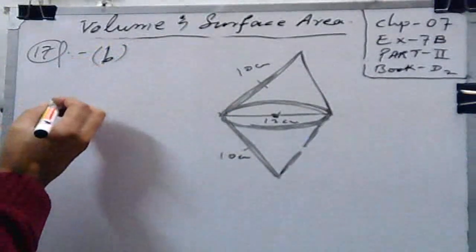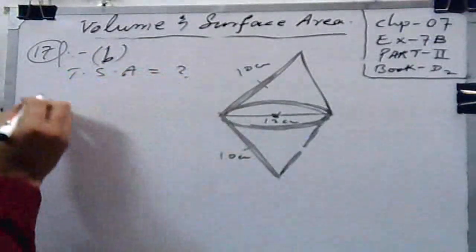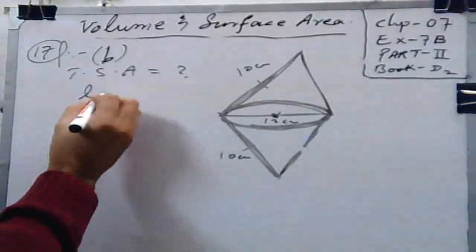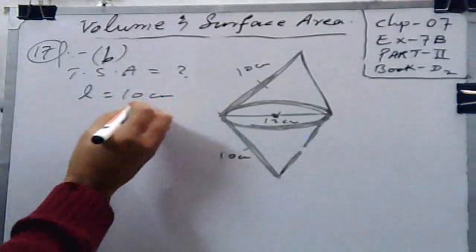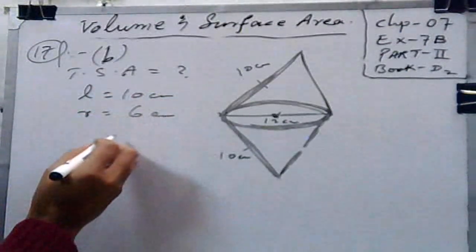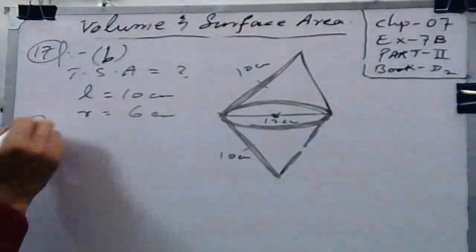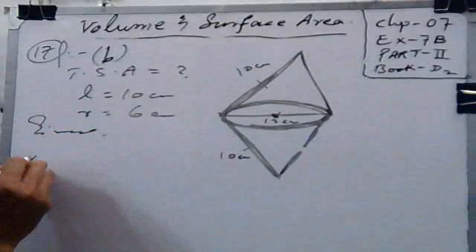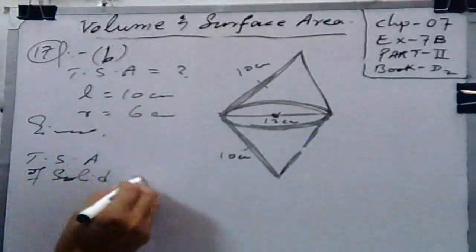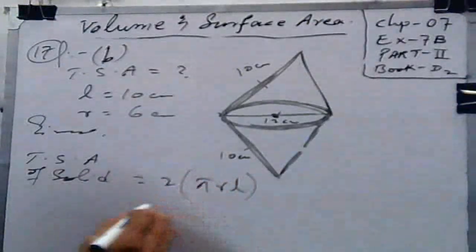It is given to us that the slant height of the cone, L, is equal to 10 centimeter, and the radius is 6 centimeter. Since the total surface area of the solid is equal to twice pi r L,